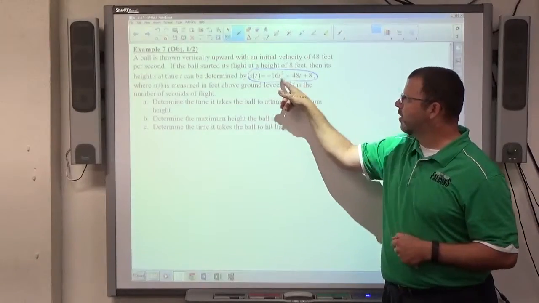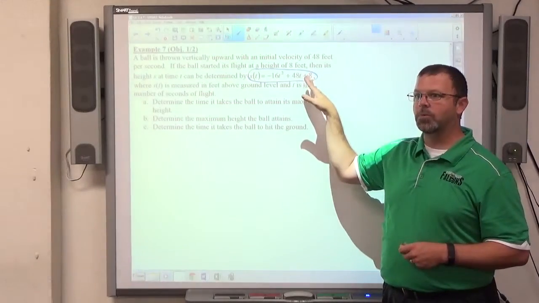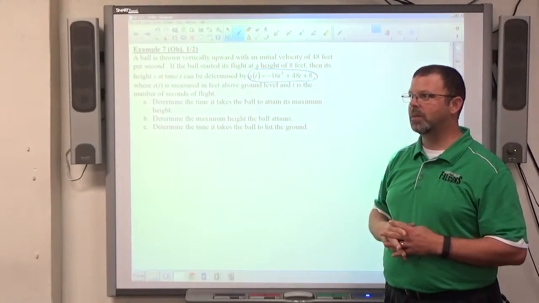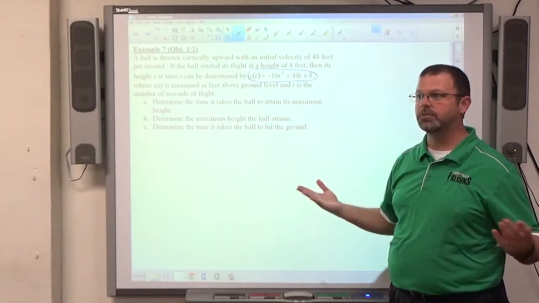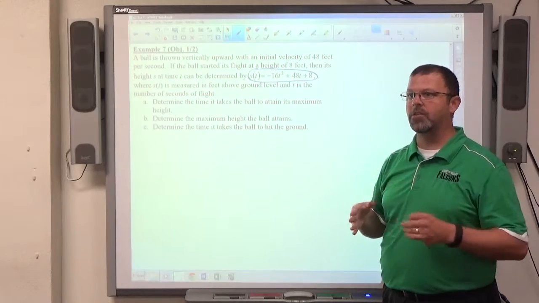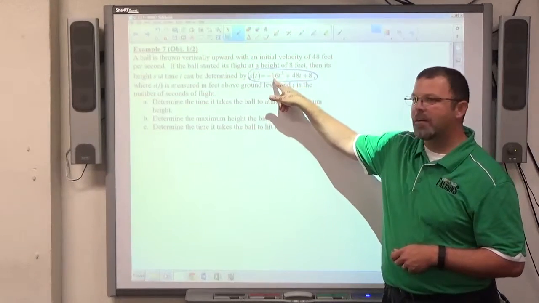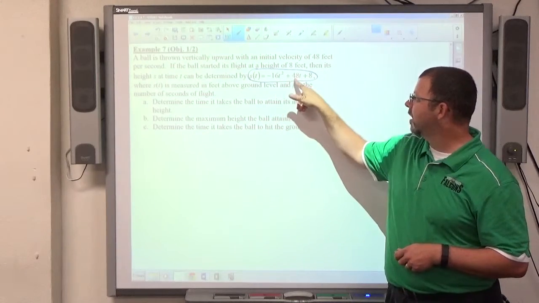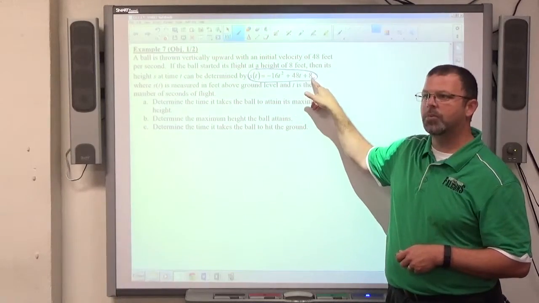This is actually based on Earth's gravity. This is an actual equation based on the gravitational pull of Earth. It's 32 feet per second squared is the gravitational pull of Earth. You always do half the gravitational pull times t squared, plus initial velocity times t, plus initial starting position, to create a